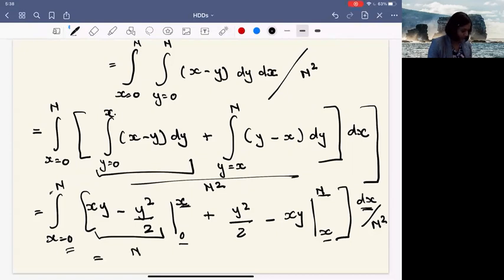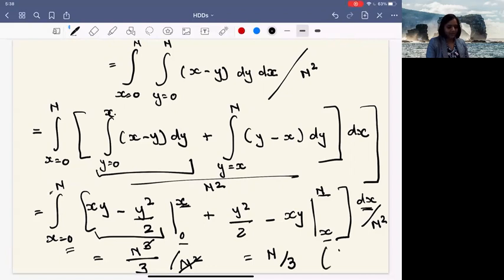And getting to the answer, we will get n cubed divided by 3 for this integral over here, and we still have our n squared that's lingering with us since the beginning, right? So then this n squared in the denominator and n cubed will get canceled, leaving us n by 3. And hence this factor of 1 by 3 could be transported in generating a relation between the average seek distance and total seek distance, as well as average seek time and total seek